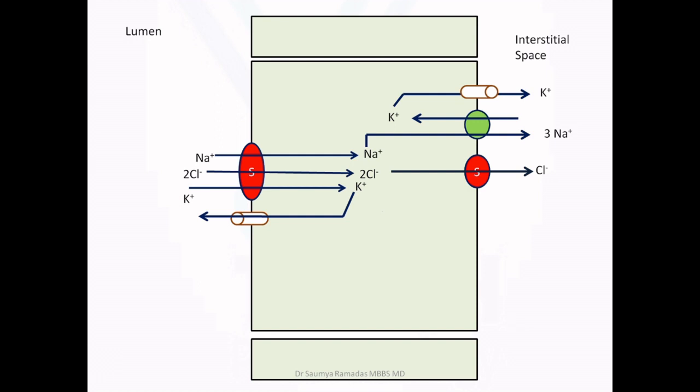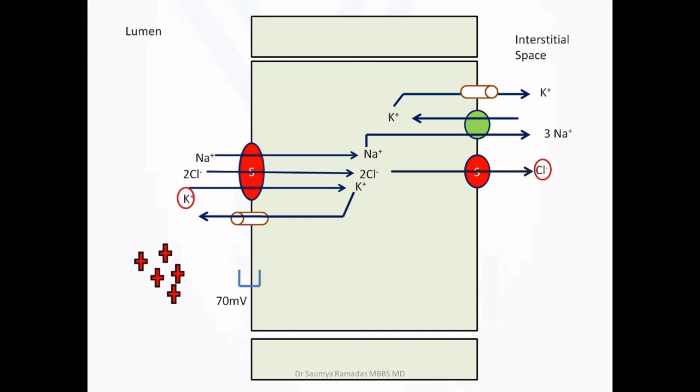The equilibrium potential of the apical membrane is determined by potassium because it has a large conductive pathway in the apical membrane, whereas the equilibrium potential of the basolateral membrane is determined by chloride. The movement of a positively charged potassium ion from the luminal cell into the lumen makes the apical membrane hyperpolarized and the lumen becomes positively charged.